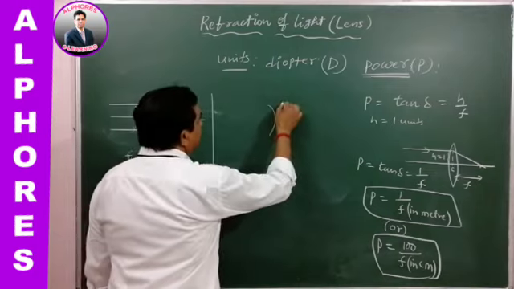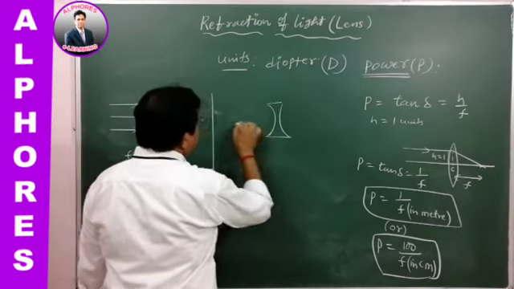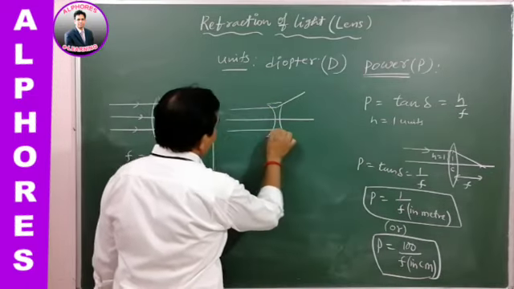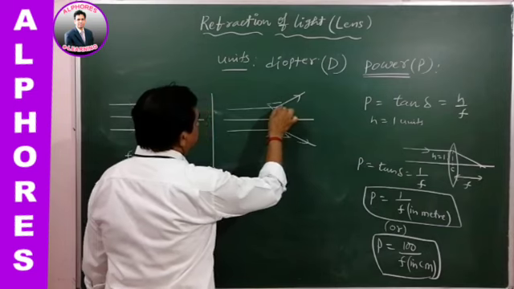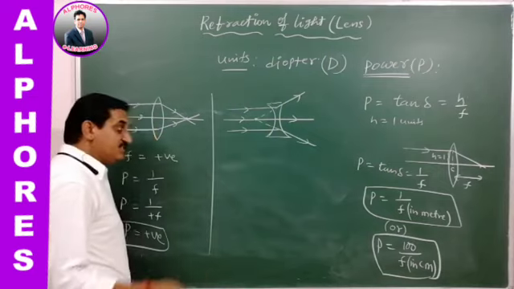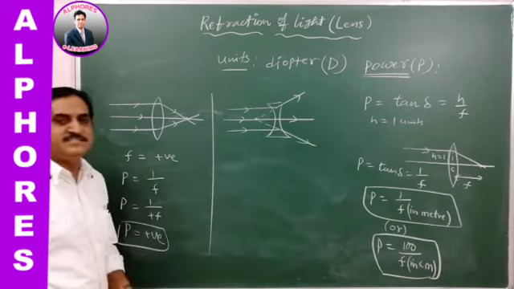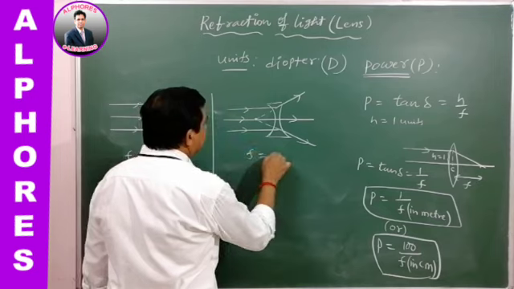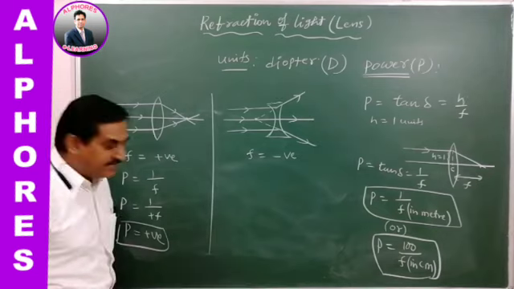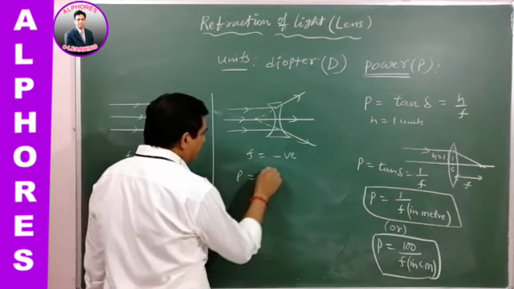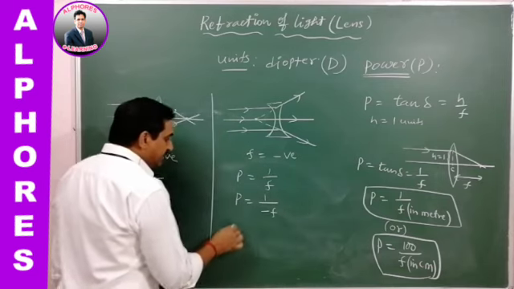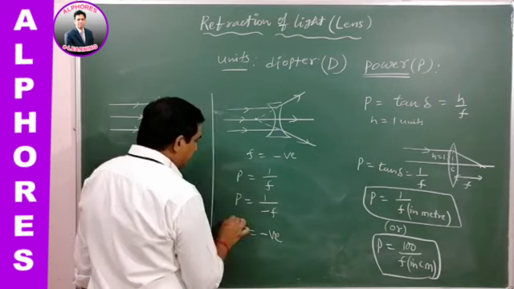If a lens is diverging in nature, say a concave lens kept in air medium, the light rays diverge from it. The light rays are diverging. In such a case, we can also prove its power is negative. How? The focal length of this diverging lens, the concave lens, is negative. Therefore, using the power formula 1 by f, we put the value 1 by minus f, and as a whole the power value is negative.